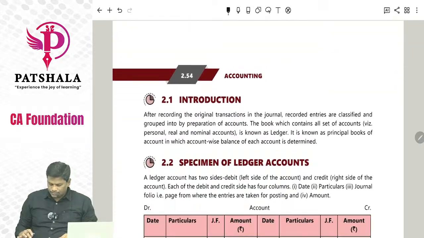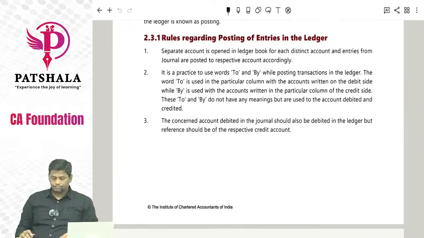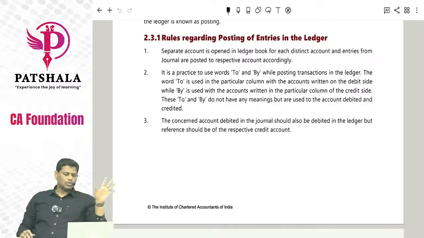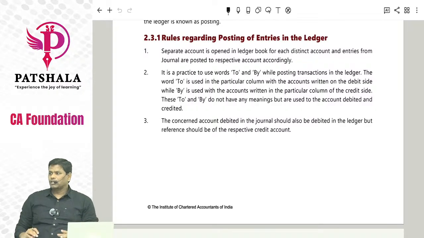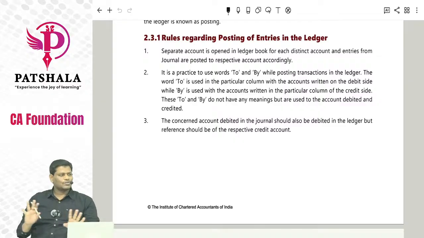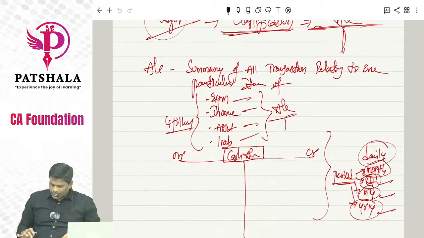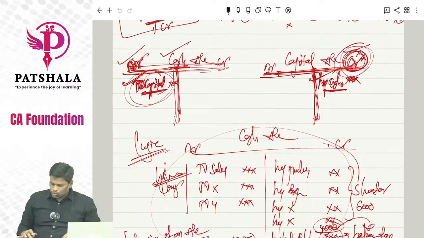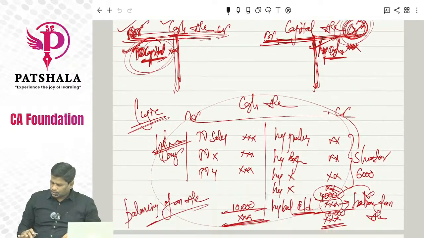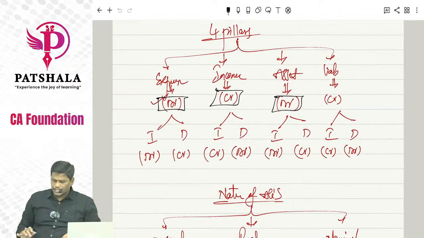Then after that, the intro and specimen we have seen, and the rules we have seen. What are the rules? No rules. Don't say any rules for ledger. Simple: the account which is debited in the journal is debited in the ledger. The account which is credited in the journal is credited in the ledger. There is no other rule. Clear? Next, after that, I taught you how to post, account nature, capital, cash, the 4 pillars of accounting: expense, income,